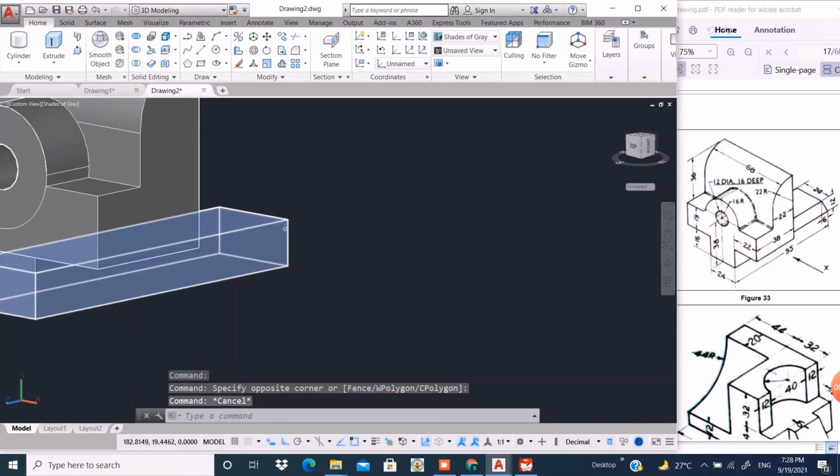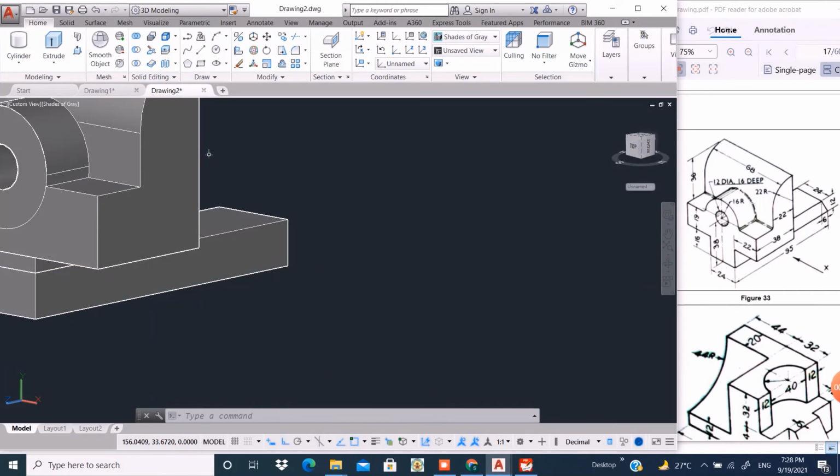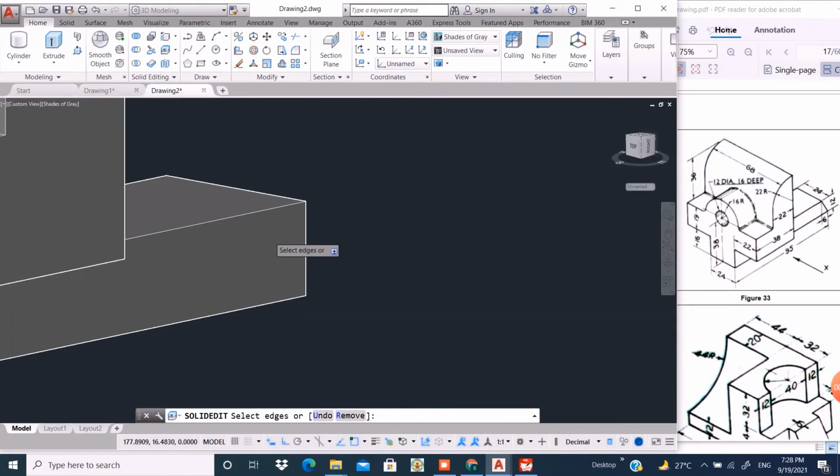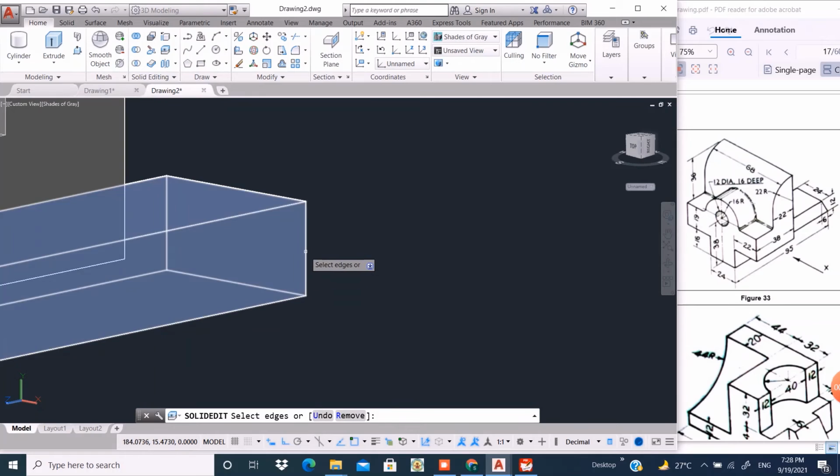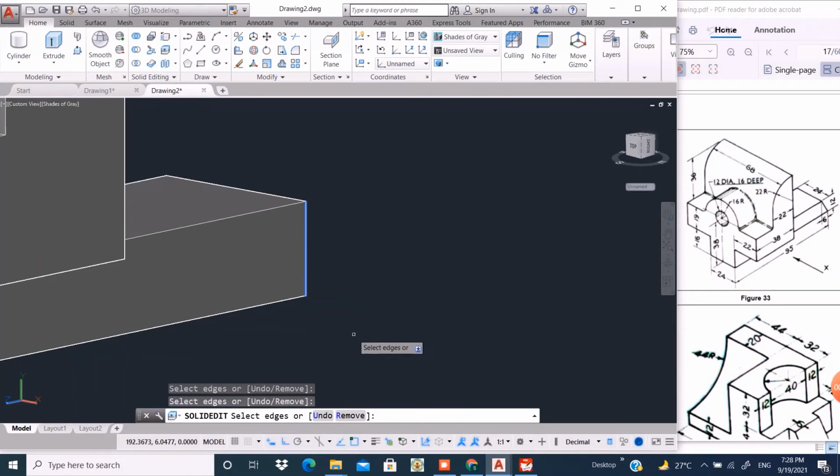Now we have to create the edge portion, the slant edge of this side. So take the copy edge command and select this edge, enter, at a distance of 6 units.